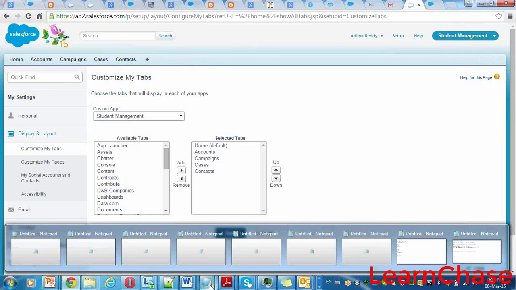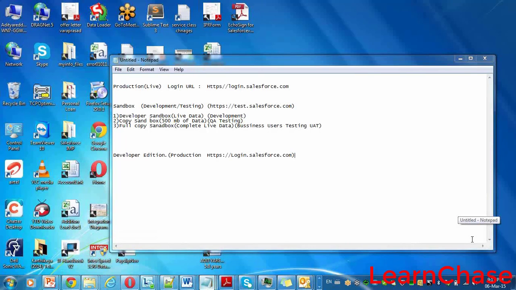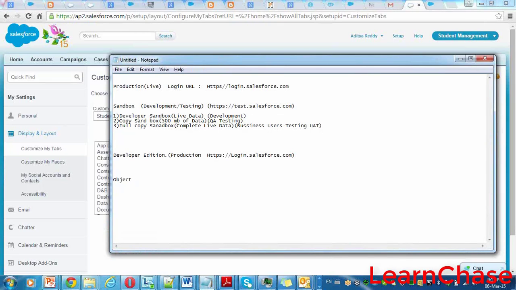Yeah, object is nothing but it references a real-time event or something. But in terms of Salesforce, that's a coding terminology, an instance. Here the object means a standard database table.